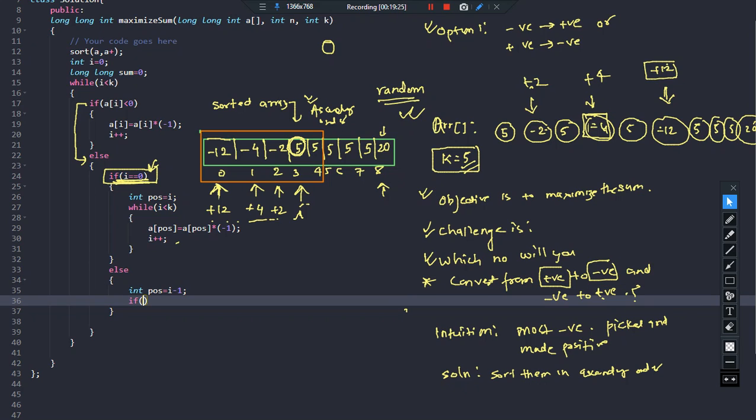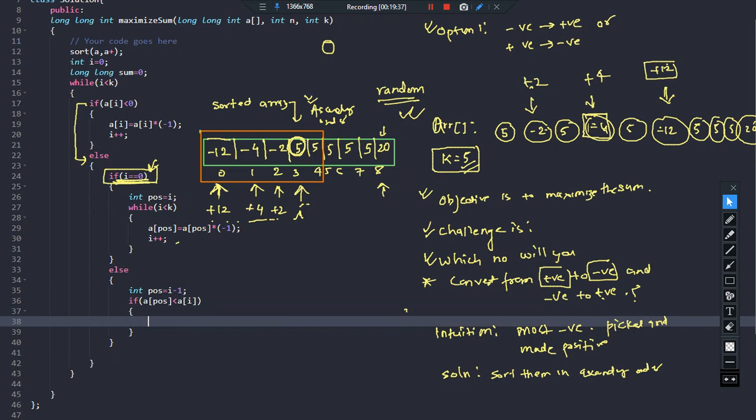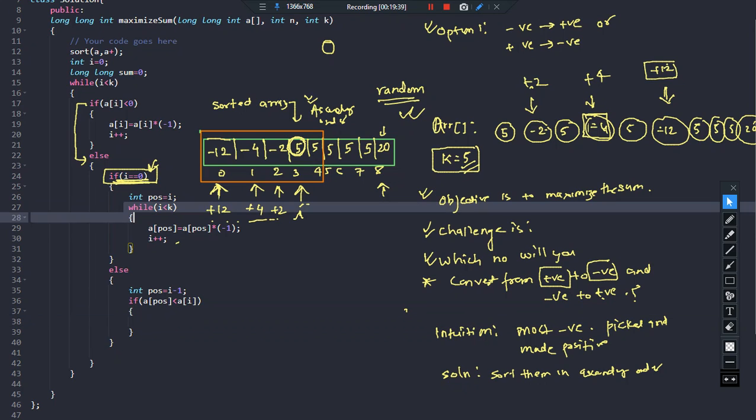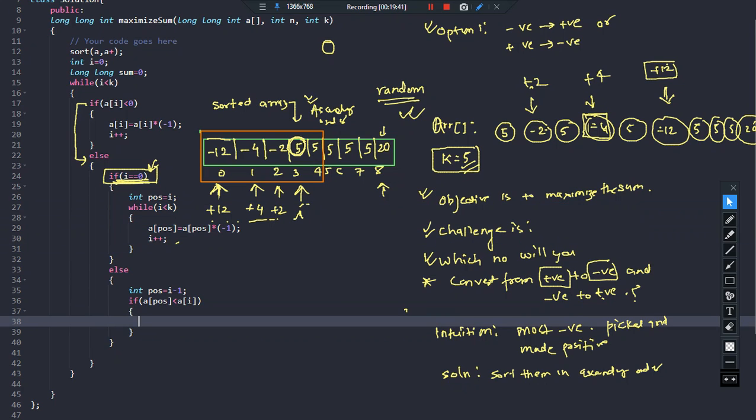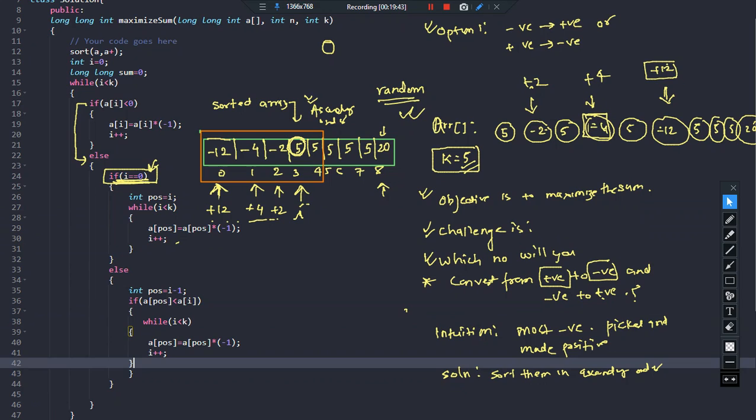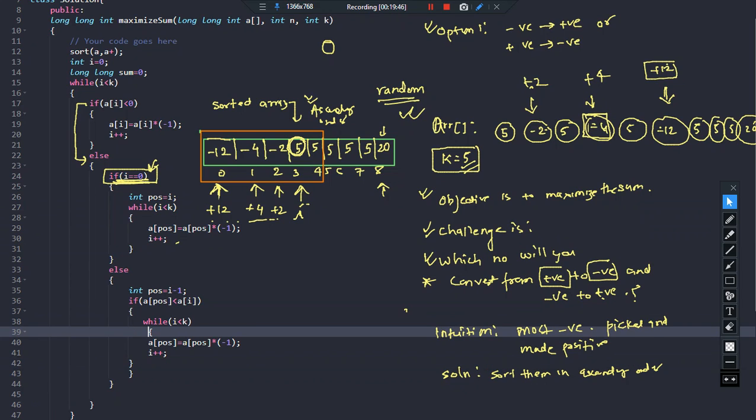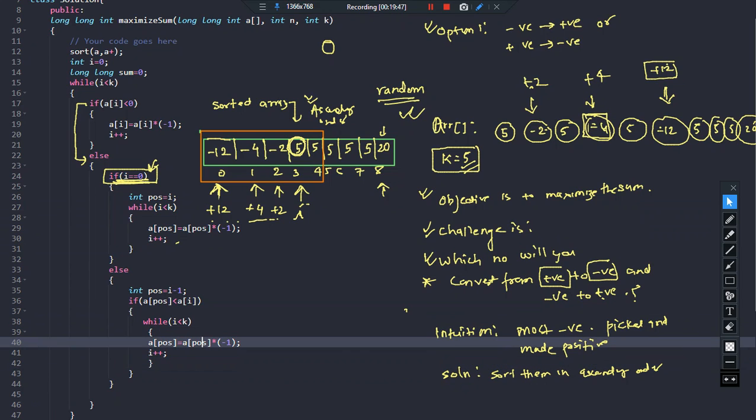So if I found out that A of POS, the number before me, is less than A of I, which indicates this is the smallest number, I should do all the operations on this number itself. That is, I should say while I less than k, just keep on making changes on this number.